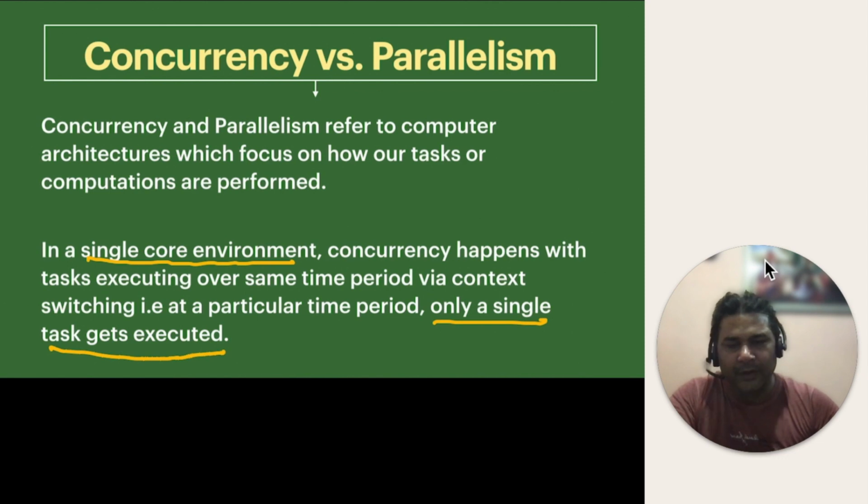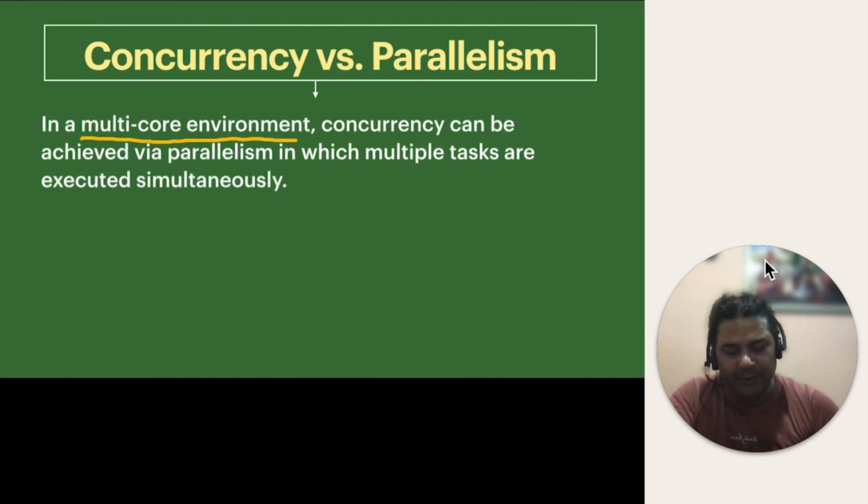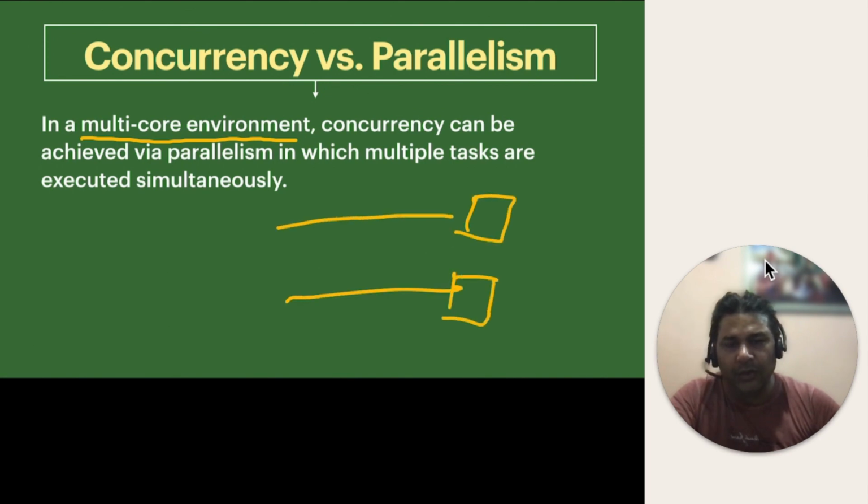When we talk about the single core environment, it means that we are doing multiple jobs on a single processor. The multi-core environment is the example of parallelism. Concurrency can be achieved via parallelism, in which multiple tasks are executed simultaneously. When we talk about a multi-core environment, it means that we are doing jobs with multiple processors without context switching. Suppose this is job 1 and this is job 2, and it can be more than 2. So here we are doing multiple jobs